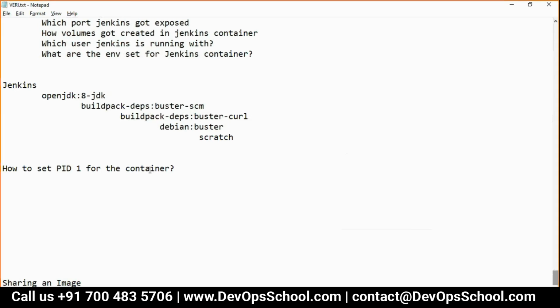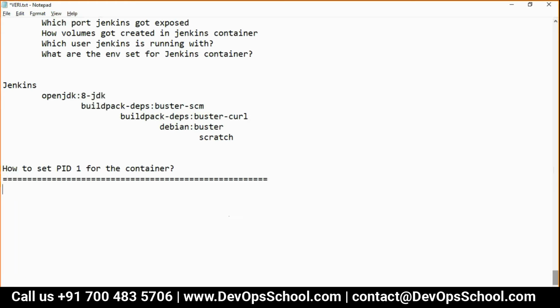Okay, now the most important question for the Dockerfile is how to set PID 1 for the container. That is the most important question. So guys, there are two ways to set the PID 1.